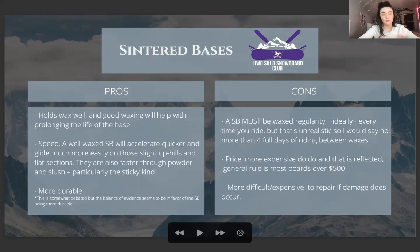And then again, pros: more durable, somewhat debated, but some of the evidence seems to be in favor of the sintered bases. Cons: a sintered base must be waxed regularly. Ideally, you wax it every time you ride, but obviously that is unrealistic for most people. So I'd say